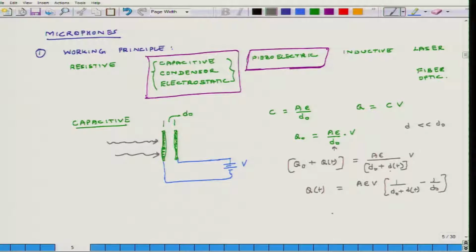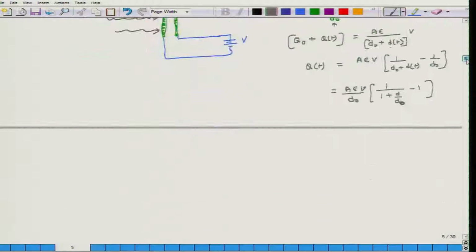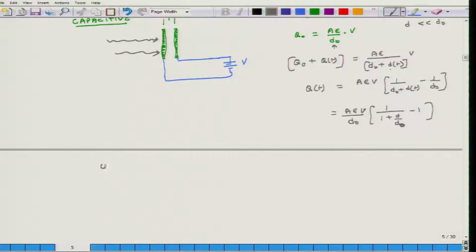Okay, and this equals A epsilon V divided by d naught times (1 over 1 plus d over d naught, minus 1). Okay. So qt equals A epsilon V over d naught, and